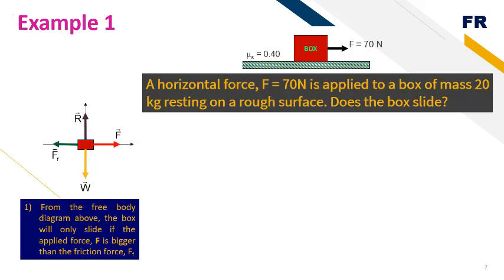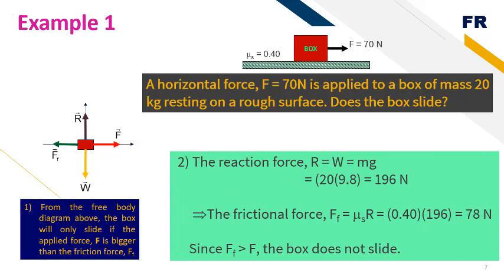From the free body diagram, it is clear that the box will only slide if the applied force F is bigger than the frictional force FF. So our next step is to determine the magnitude of the friction force compared to the applied force on the box. What we do is we apply the equilibrium of force